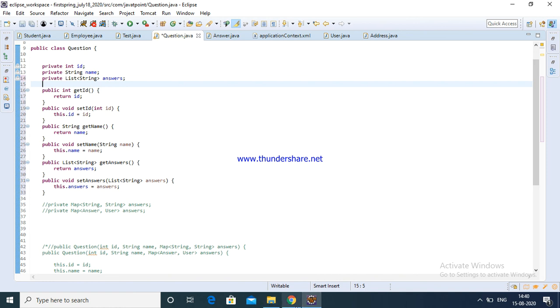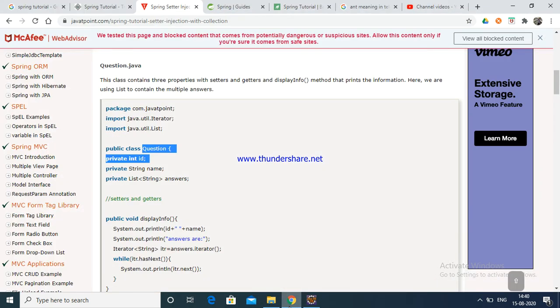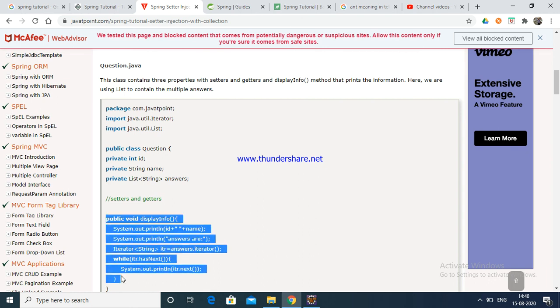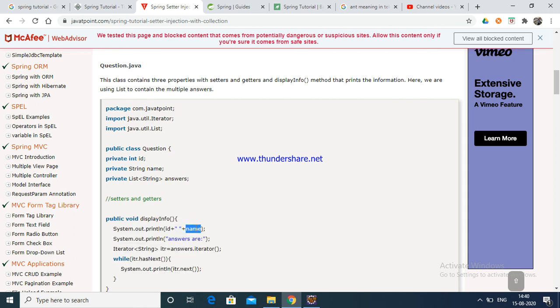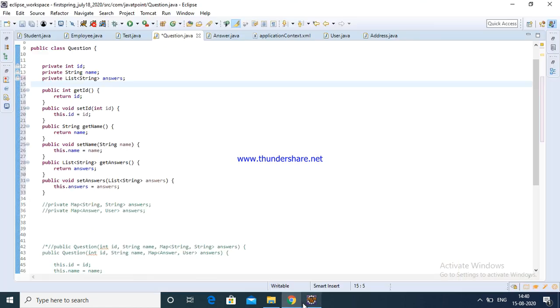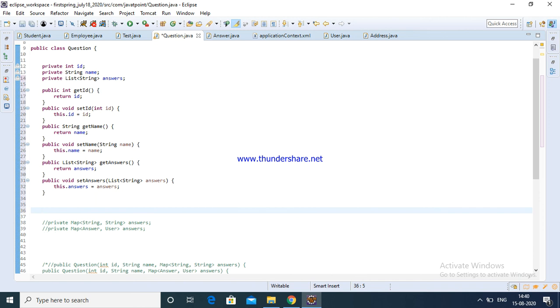Okay, I am going to use display, iterator as next. I am going to copy this code; otherwise we can write it. Instead of writing, I am just going to display.